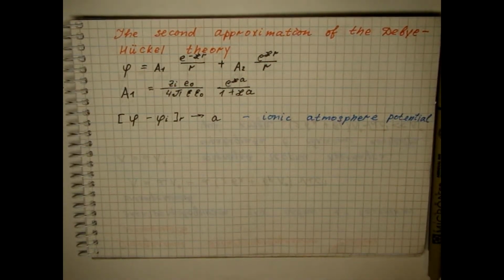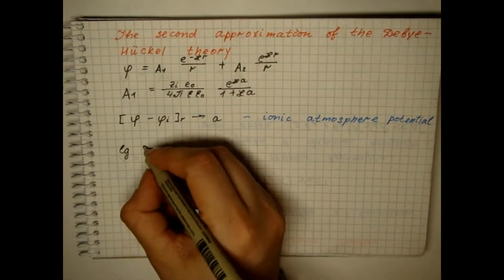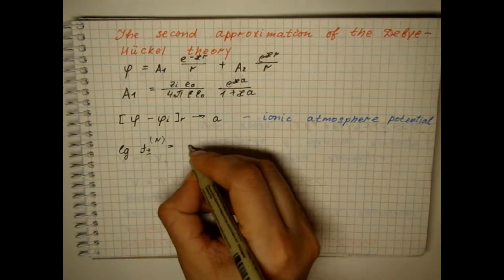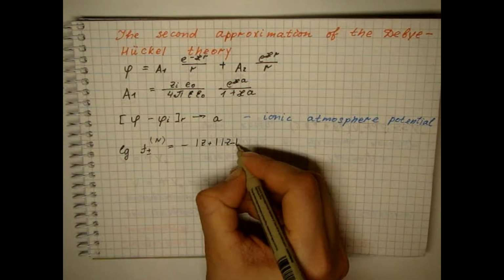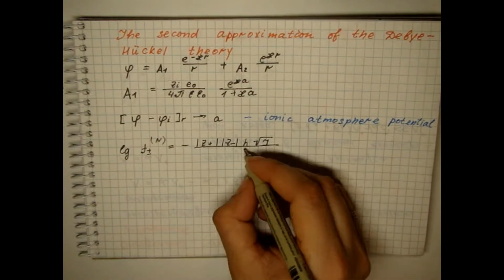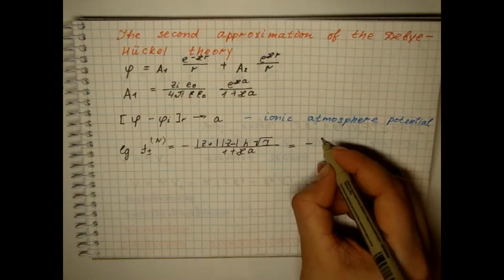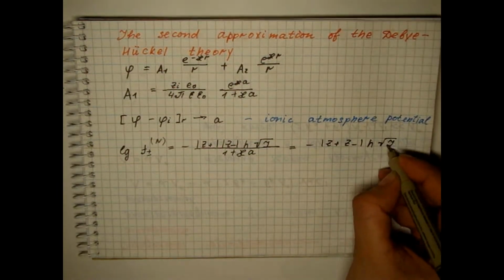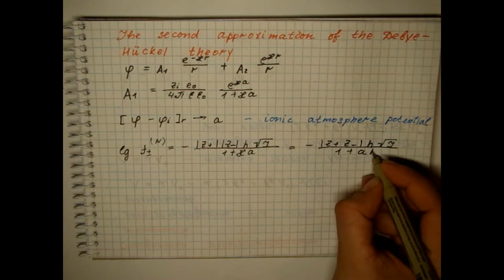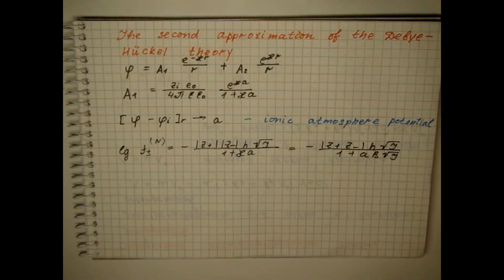The final equation for the average activity coefficient has the form, where B equals